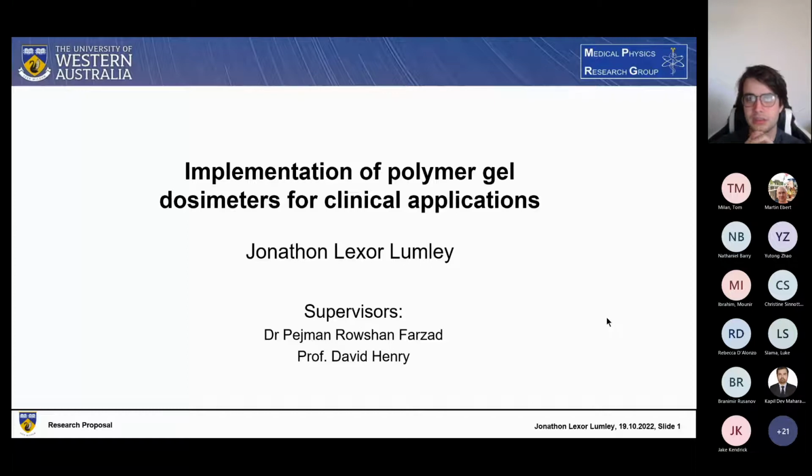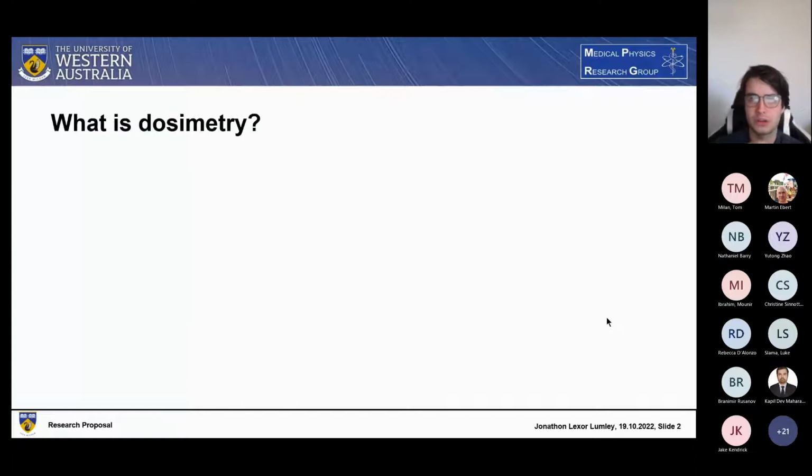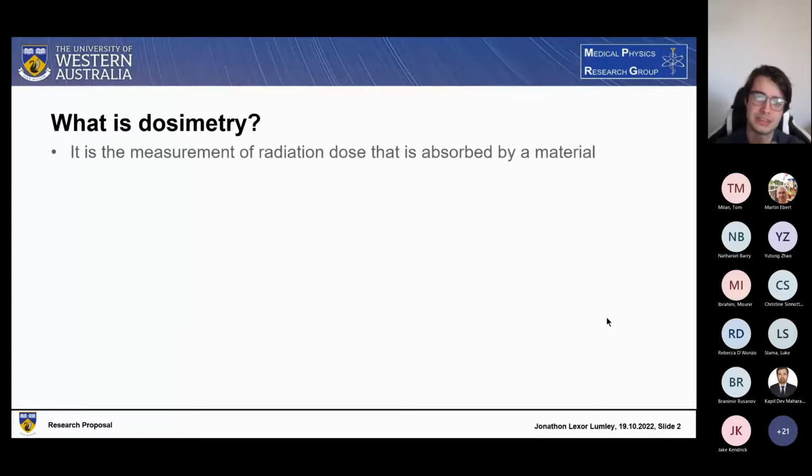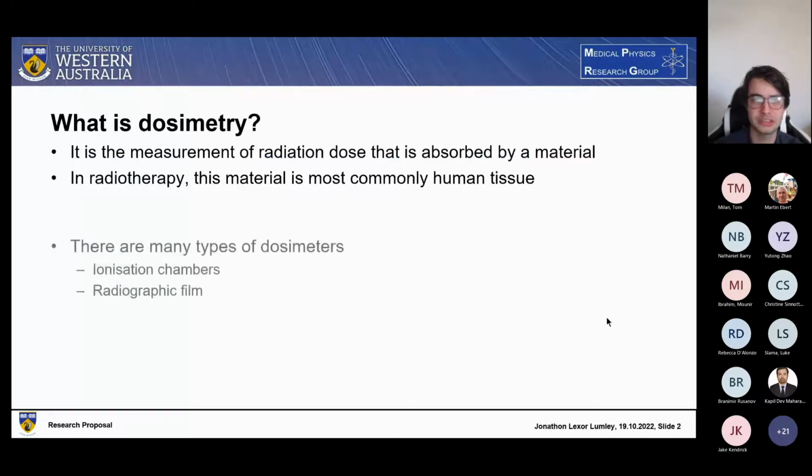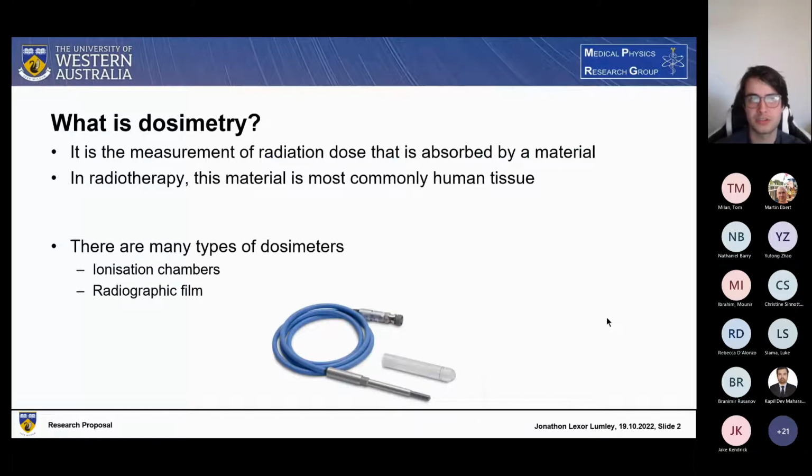So today we're going to begin on the topic of dosimetry. So what is dosimetry? It is the measurement of dosage of radiation that is absorbed by material, which in our case, in radiotherapy, is often human tissue. This is conducted using an instrument which we creatively refer to as a dosimeter. There are many different types of dosimeters out there for treatment verification, such as ionization chamber-based dosimeters and radiographic film-based